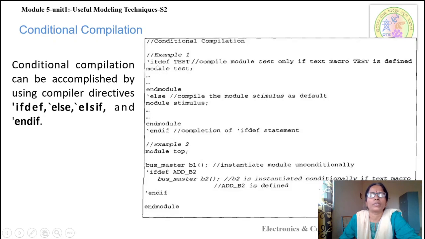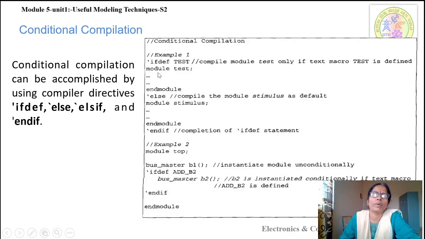In this example, we are using a model, and under that model we are using only certain parts of the program. Tick def TEST defines a macro.